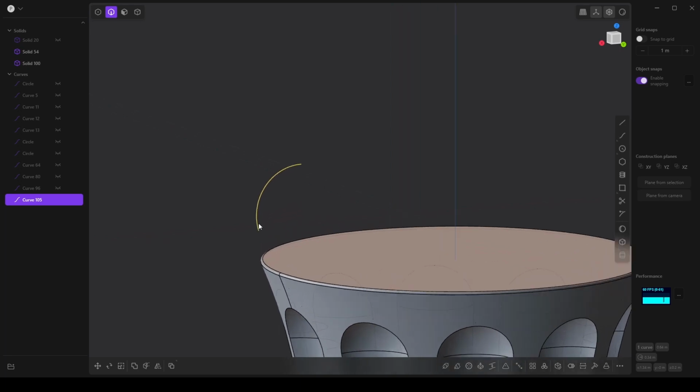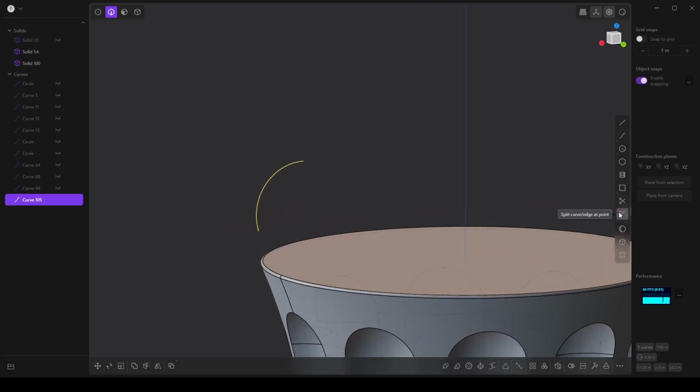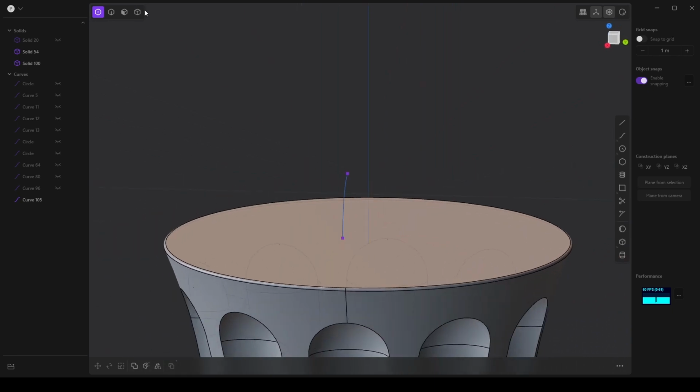And what we want to do is use the split curve edge at point. So I'm just going to trim. I'm going to click here and about there, and then select the point modes, and you can see where we've made these new points on the curve. And I'm going to delete the outer curves,